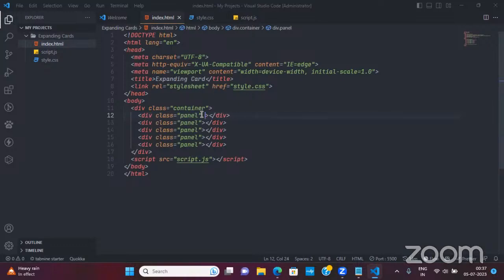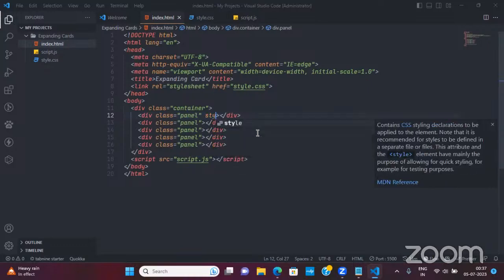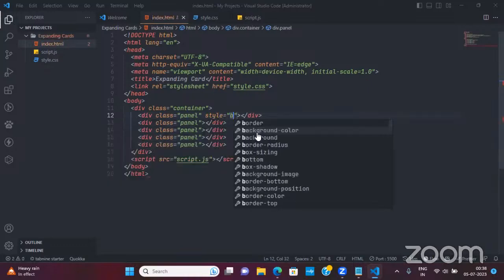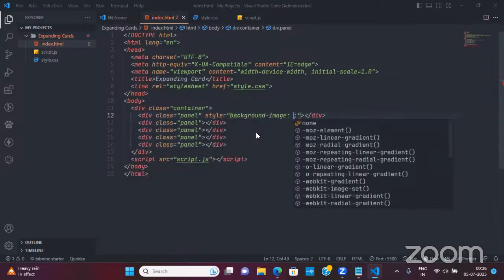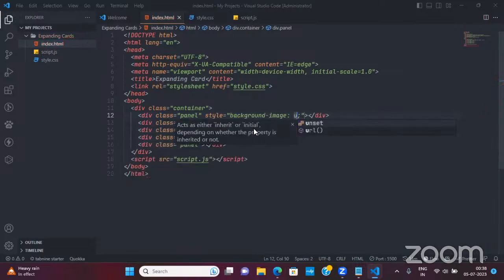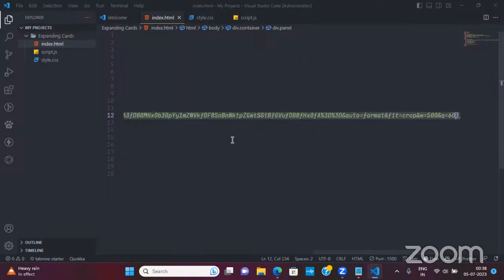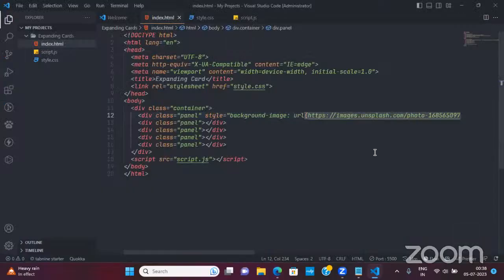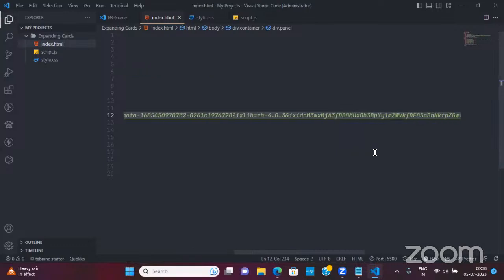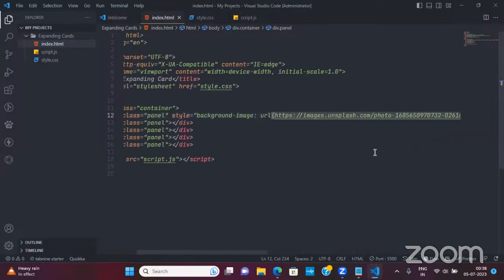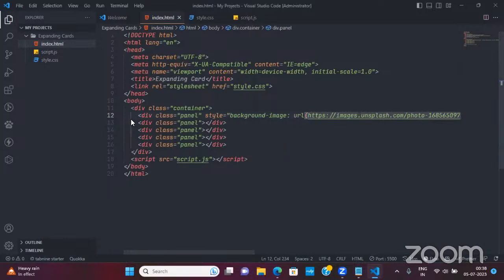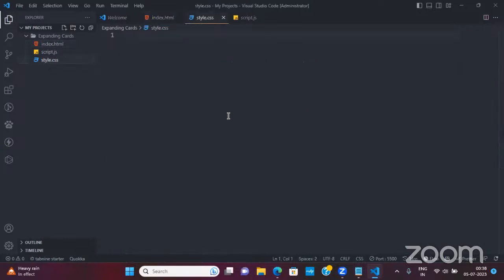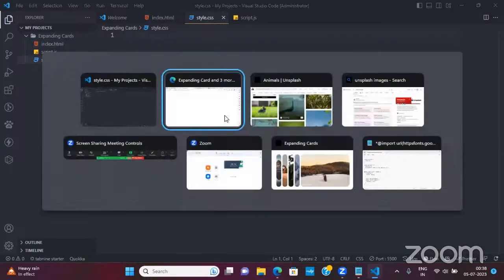So not like this. I will give one style and it will have background-image. It will take the URL of this background, and here I will put the URL of the image. If I replace it, you won't see anything, because to display this in the browser, I need to provide some property also, like style. I need to give some style. So for style, I have created one